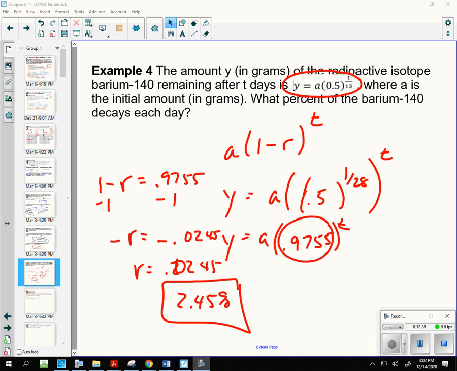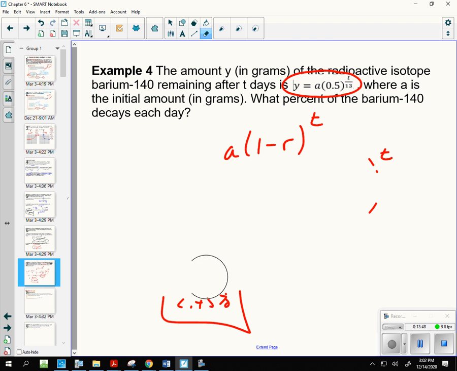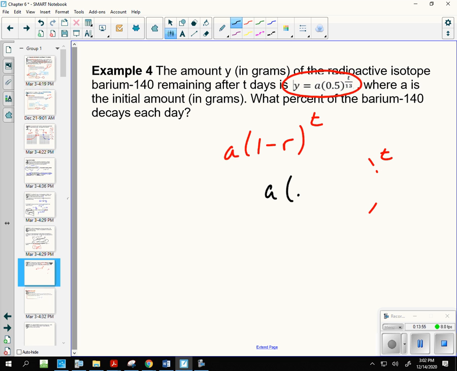I apologize. I just looked at that, and I have to go back and erase this. This isn't 1/28th. It should be 1/13th. I'm not sure why I saw 28 up there, but it is not 28. It's 1/13th. So let's start this over again. A times 0.5 raised to the 1/13th. I apologize if you were watching this video. So I have to go back here. 0.5 raised to the 1/13th